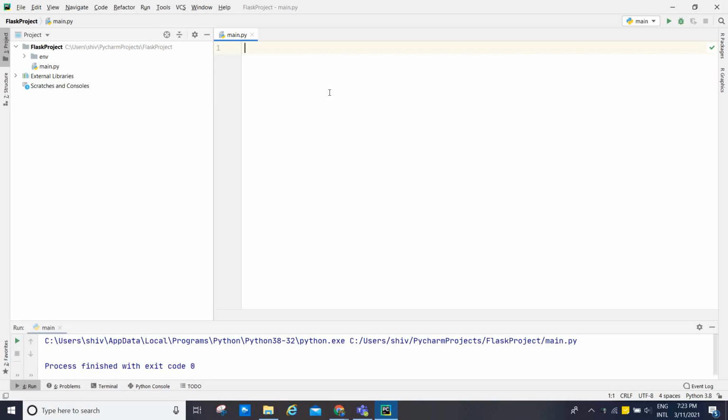Hello friends, now I am going to cover Flask HTTP methods. What is an HTTP method? HTTP is the Hypertext Transfer Protocol, which is considered as a function of the data transfer in the World Wide Web. All web frameworks, including Flask, need to provide several HTTP methods for data communications. I am going to show you Flask HTTP methods.